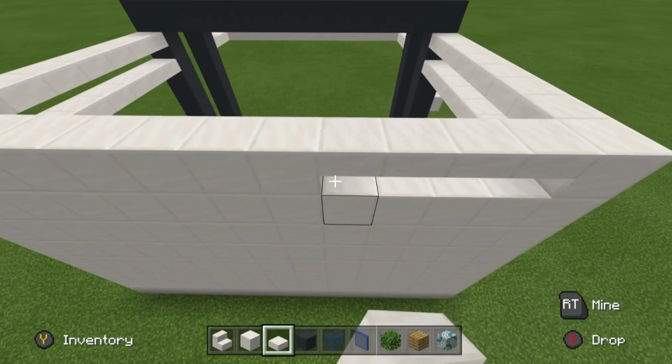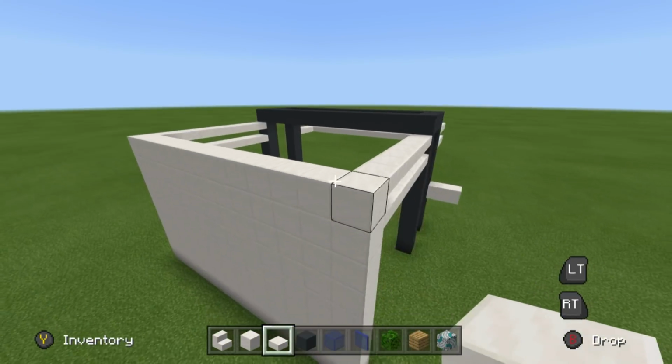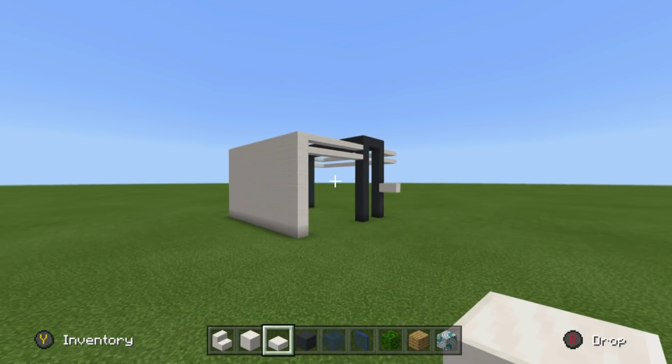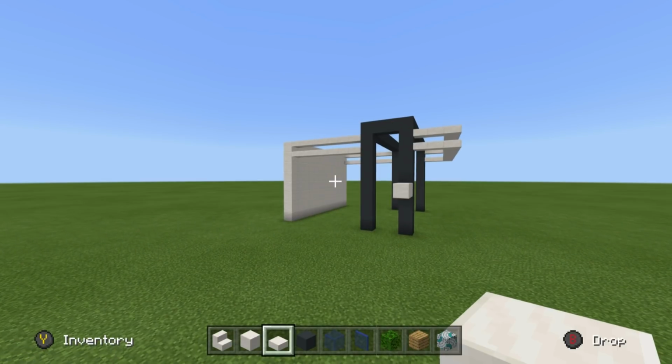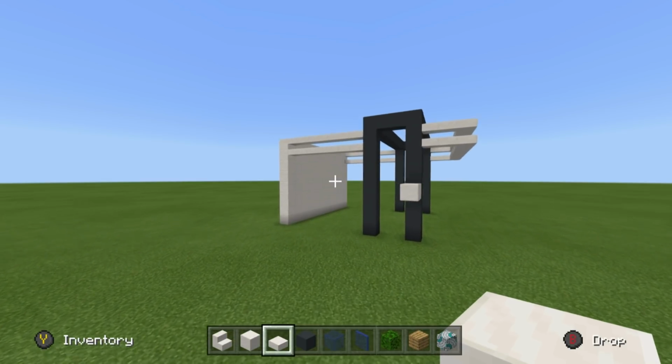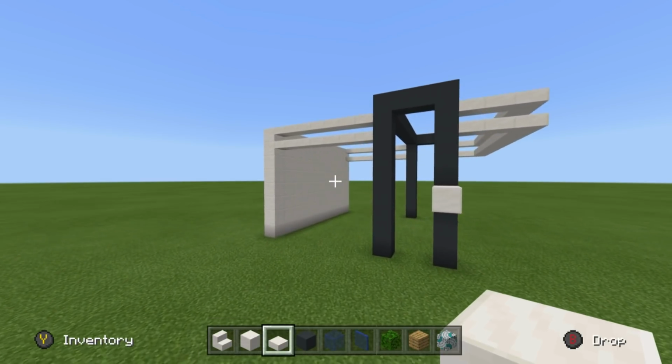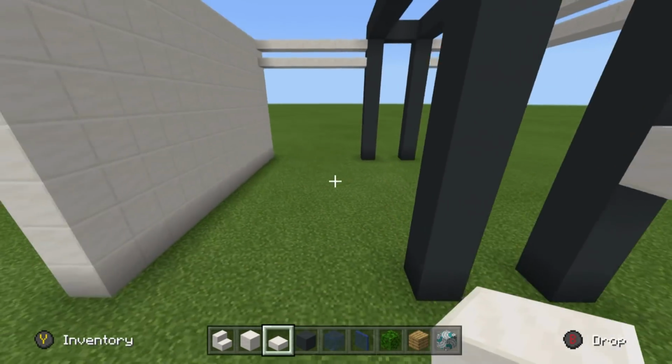Otherwise, I would keep things blank because it may discourage you from placing certain things against the wall if you have glass pane, because it creates that really weird effect that I don't really quite like. So now that we have done this, ladies and gentlemen,